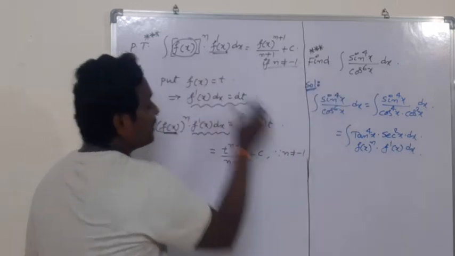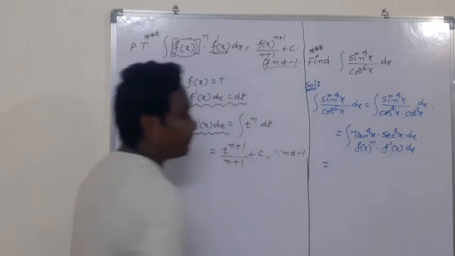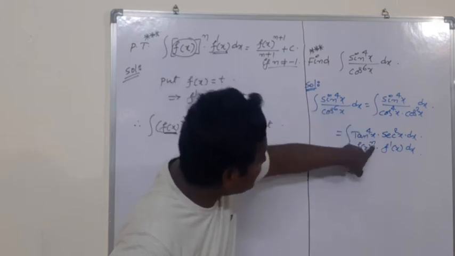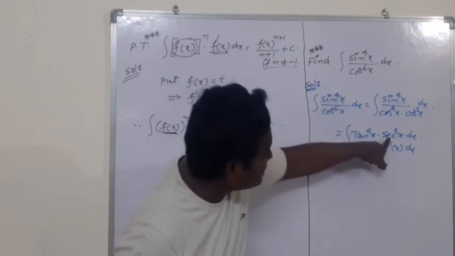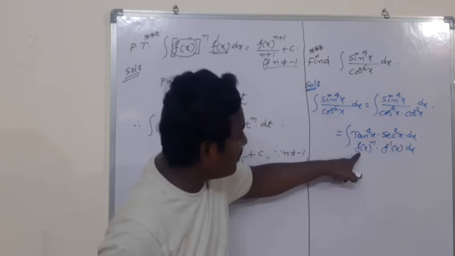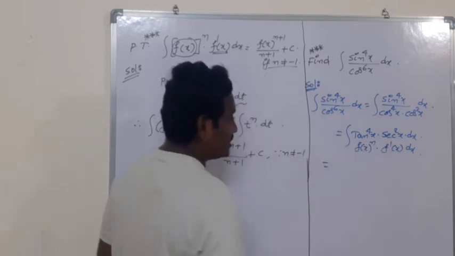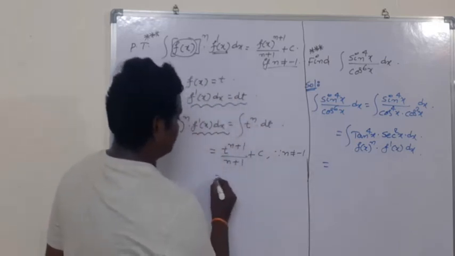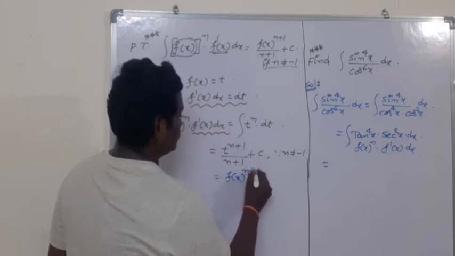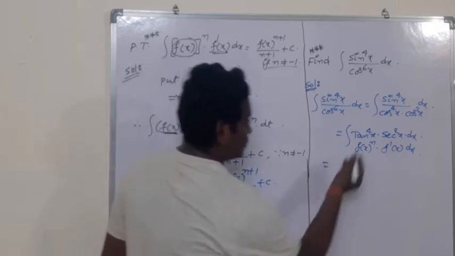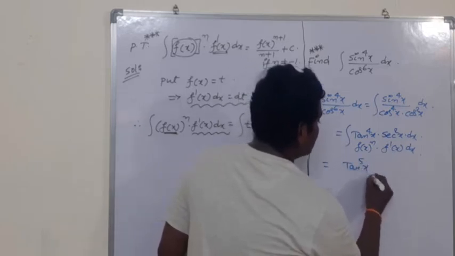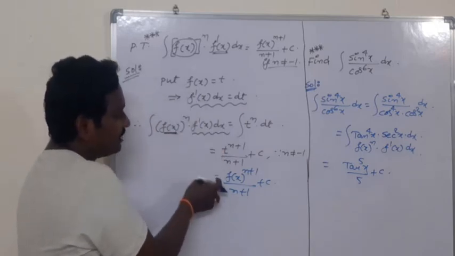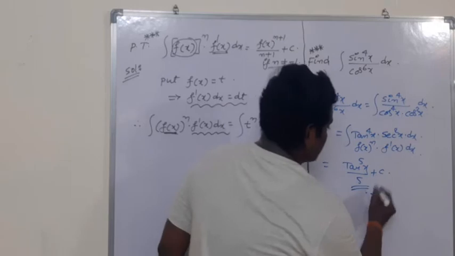Directly you can apply this formula in this type of problems. We are observing that in the base we have tan x, power n is equal to 4, the derivative of tan x is secant square x. So the problem is in the form of f of x whole power n into f dash of x. What is the result? F of x whole power n plus 1 by n plus 1. So you will get here tan power 5x by 5 plus c. Don't forget to replace t by f of x in the previous problem. So this is the result.